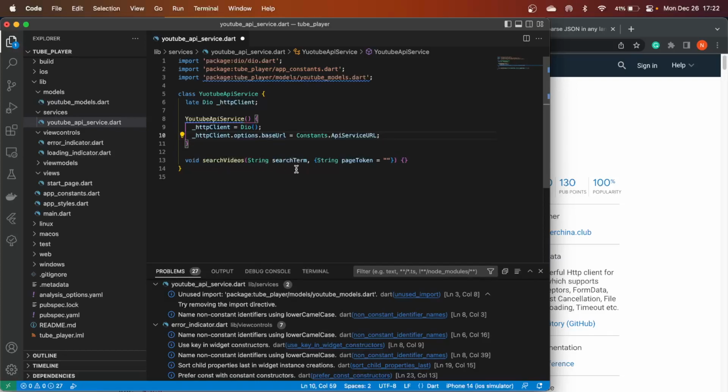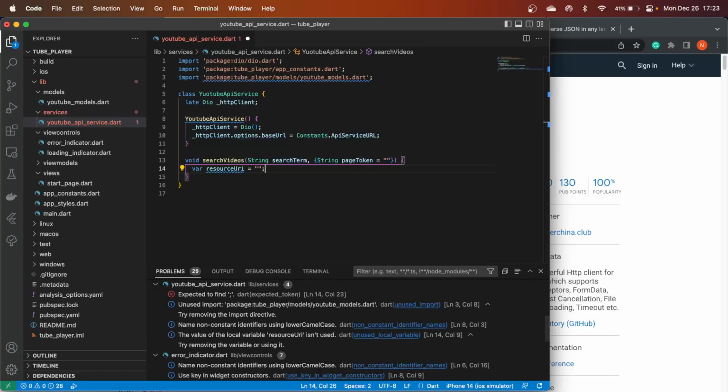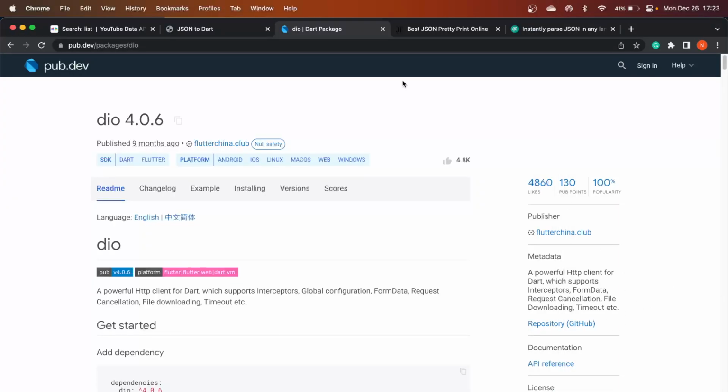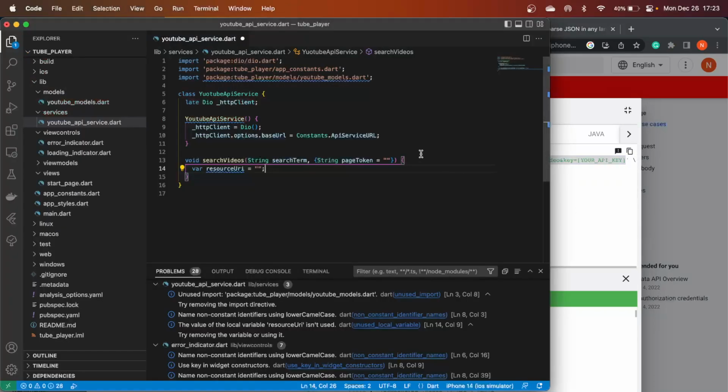So this is how we'll be calling this function, passing in the search term for sure and the page token as optional. So what are we going to do? We are going to first of all define our resource URI. So resource URI is equal to something, and what is our resource URI? Let me copy this. This is our resource URI,